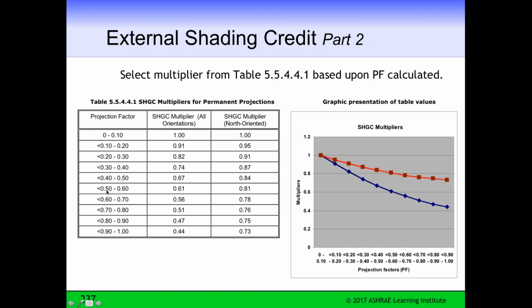If you have an overhang with a projection factor of 0.5, you can multiply that 0.6 by 0.6 and get 0.36, which will comply. It would also comply in climate zones 4 and 5 that have 0.36 or 0.38. So it's a pretty effective and somewhat lenient requirement, because these projection factors are looking only at the cooling impact of the external shading. So if you do a whole building energy analysis and do external shading, you'll find that